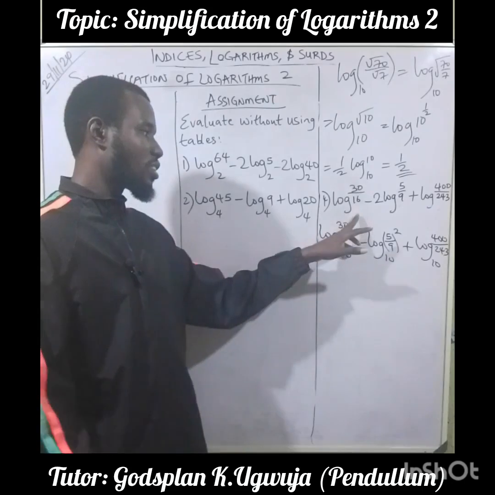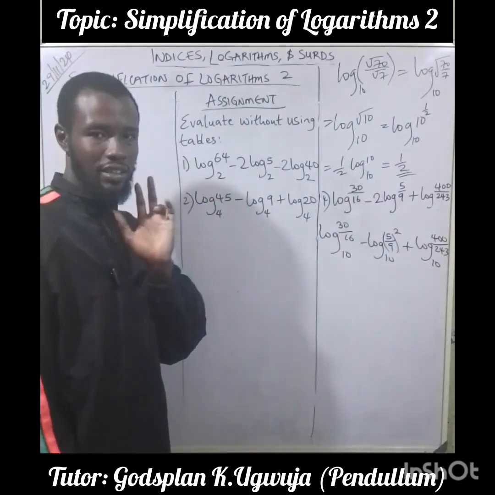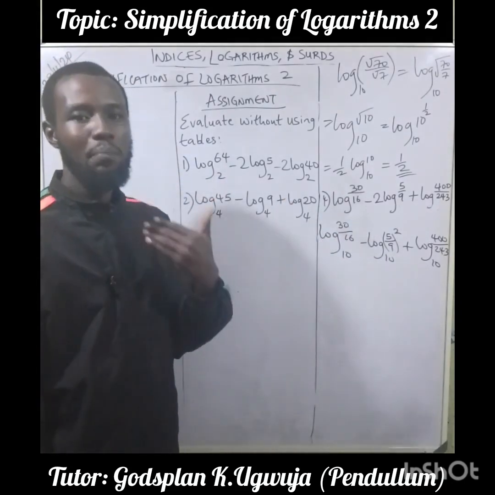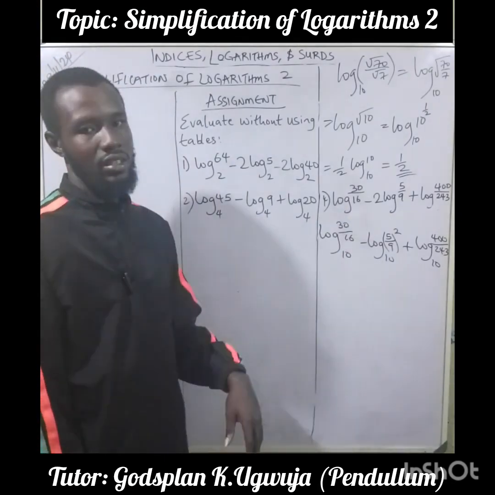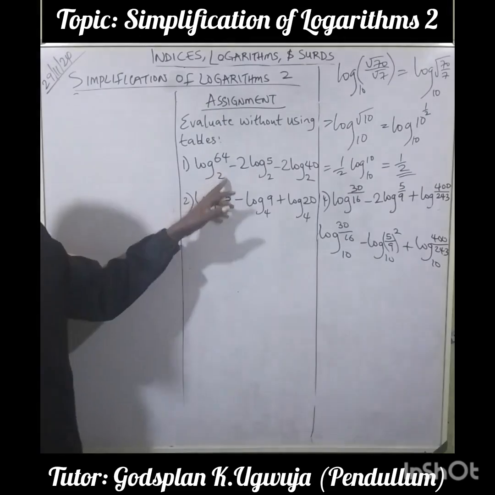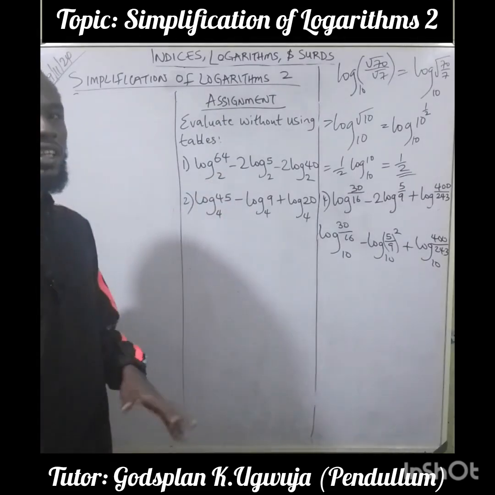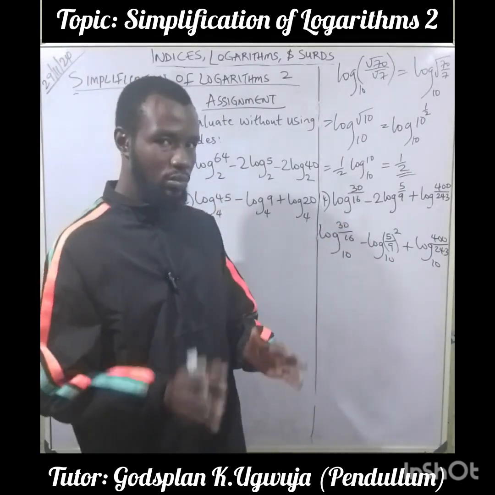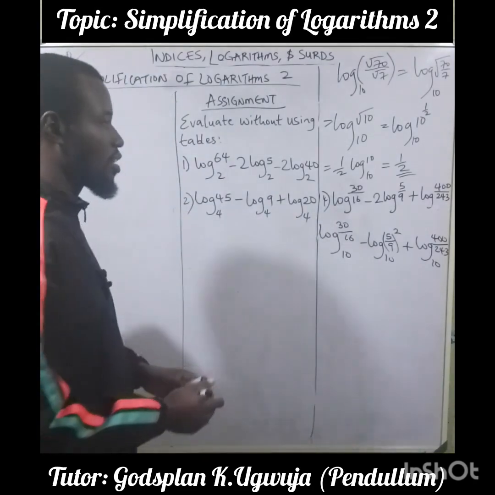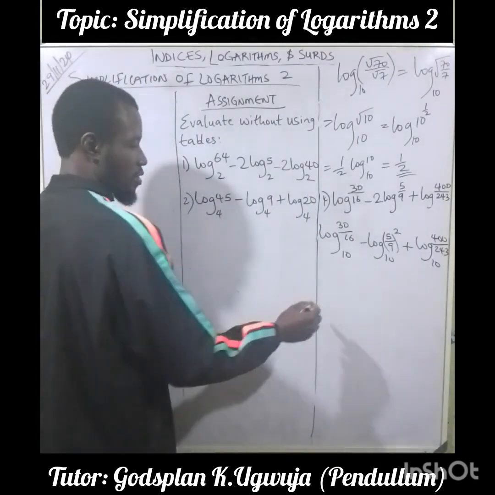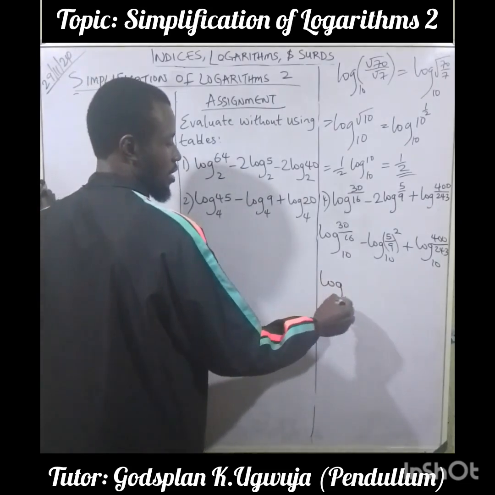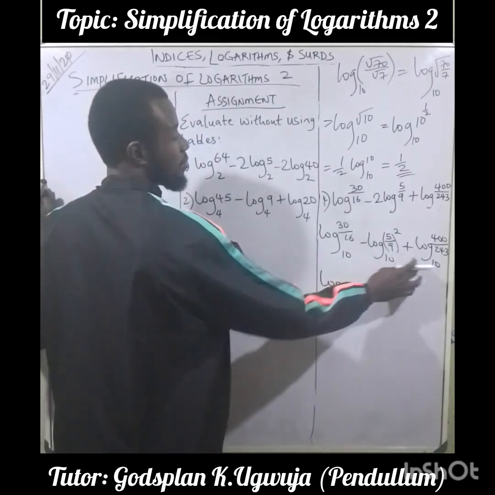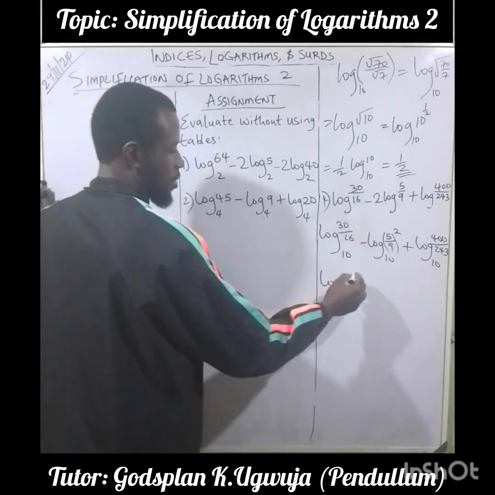Alright, so whether they put 10 or they don't put, it is in base 10. If it's in any other base, that base will be stated. Alright, so like this one, you have base 2, base 4. But if there's no base, assume that it's in base 10. Alright, so now that we've done this, what we do next, we'll bring out base 10 since they're in the same base, and then we open our bracket,